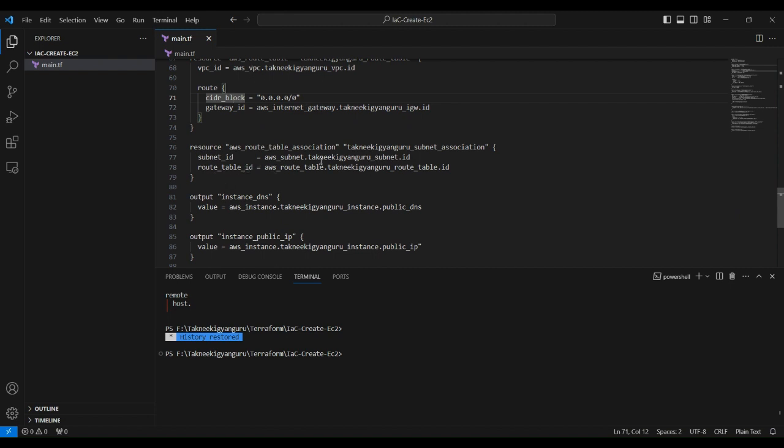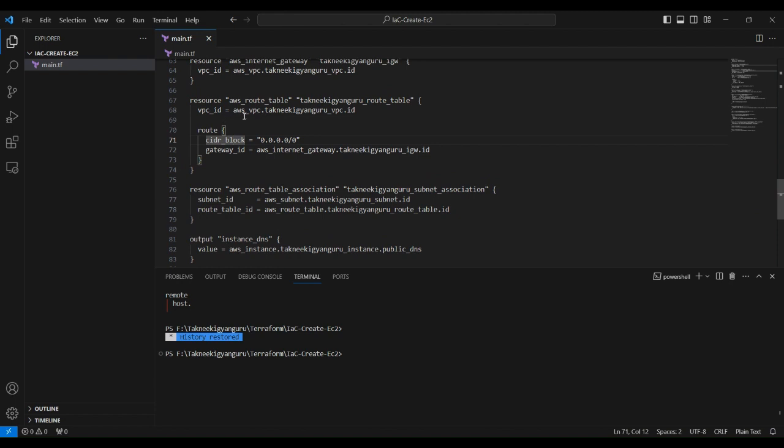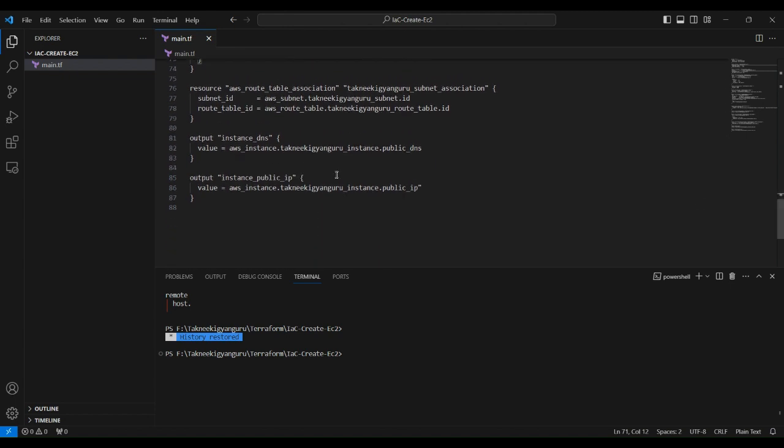Similarly, route table dot id. This is the route table we have created, aws_route_table dot the route table name dot id, right? This one, if you can see, aws_route_table dot id. So this will associate your subnet with your route table. Once it is done, we have to